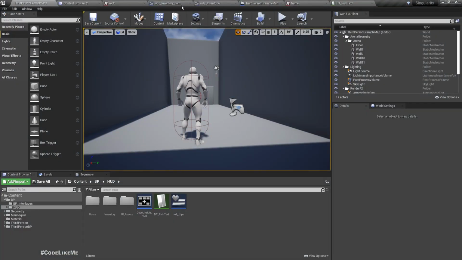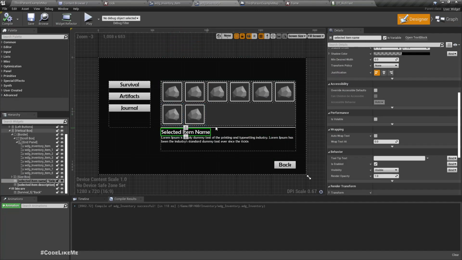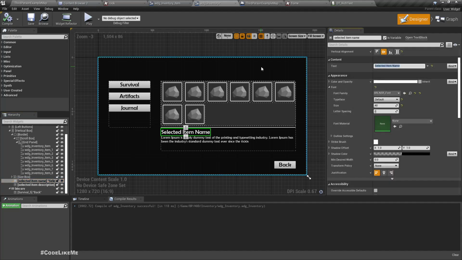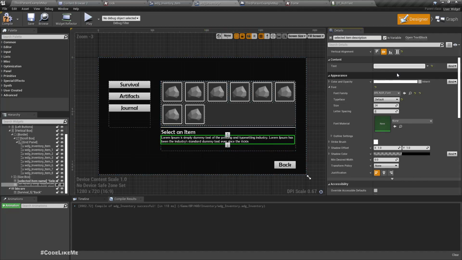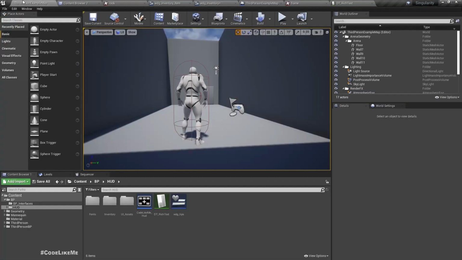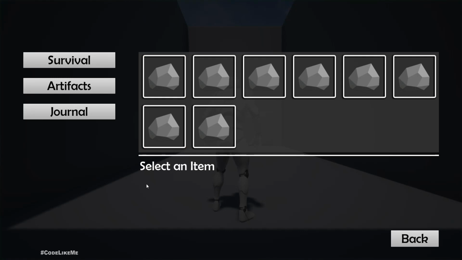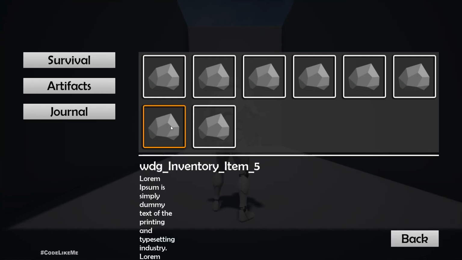Okay, here let me note again. Change the default value to make sense. Select an item. So in order to see details, we have to select an item. Then I'll delete this description because we don't need it unless we haven't selected anything. Right, select an item. Oh wait,